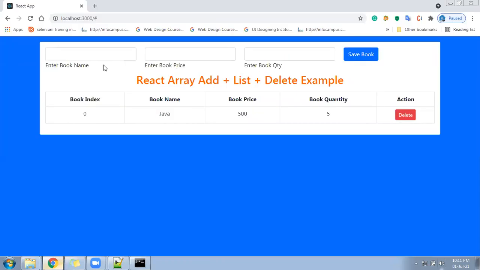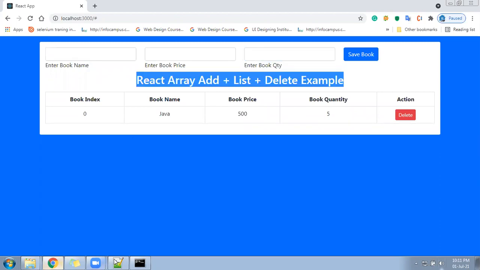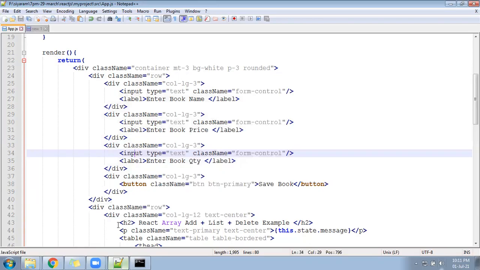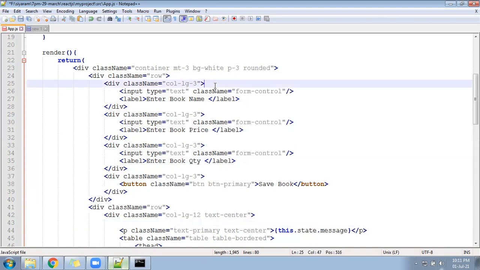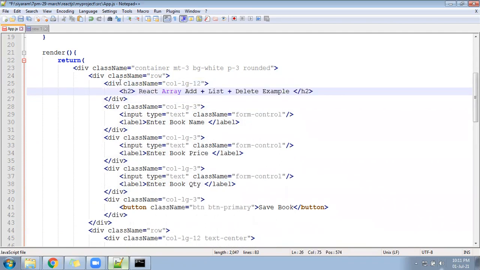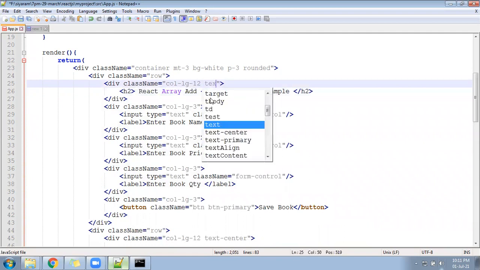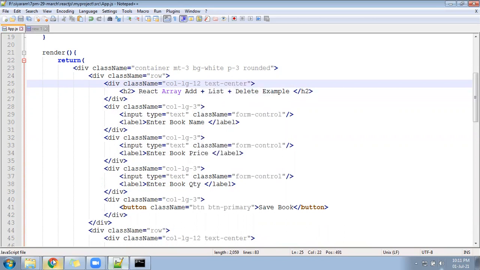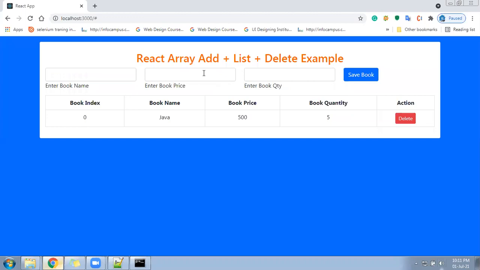We went here, we saw here, this is coming. I'll do little changes in that. This header I'll push to the top. So this header line, I will be shifting to the top. Here I'll keep it 12. And inside the 12, I'll keep this header line so that it will always be in the top section. It will load. So it looks better now.